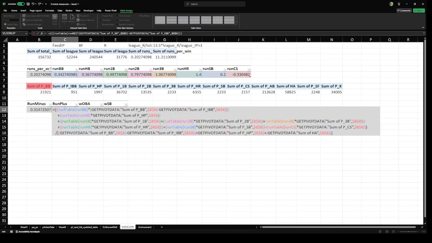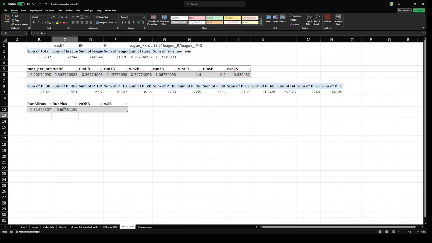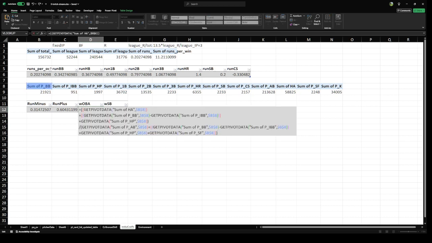I think it's maybe like 5 a season. So yeah, this is what I do for run plus. So these are productive outs, I guess. And then right now I'm just kind of copying stuff over, but